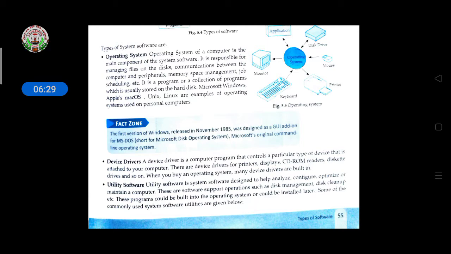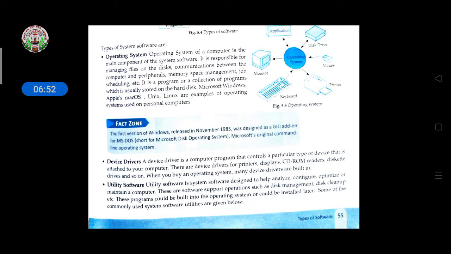So students, if you do not have an operating system in your desktop or laptop, you are not able to open your computer, and you are not able to do any work without it. The operating system is the main component of our system software. It is responsible for managing all the things.